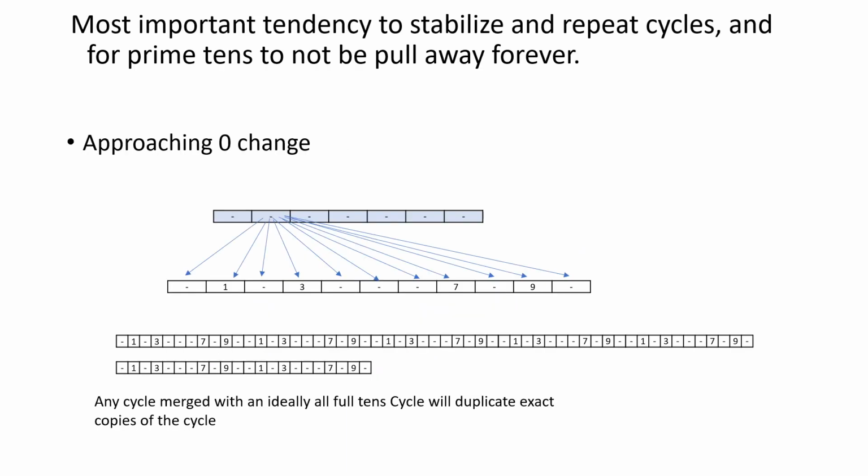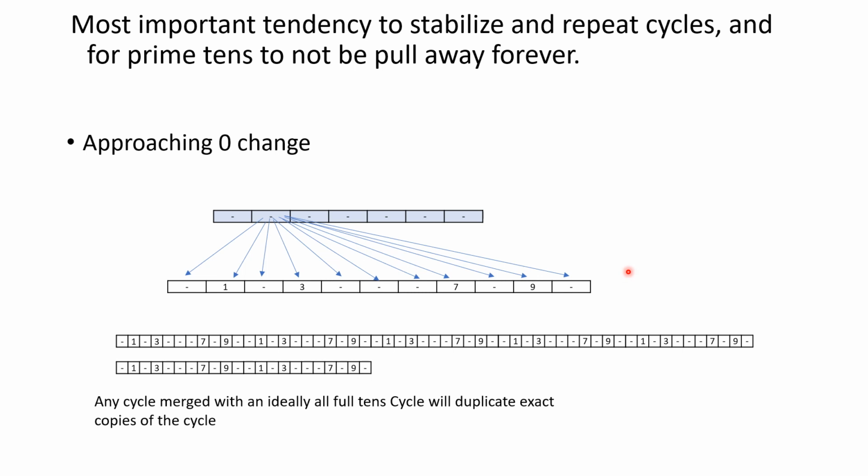The most important tendency is to stabilize and repeat cycles, and for prime tens to not be pulled away forever, approaching zero change. Imagine you have an ideal prime with no numbers. That's not possible, but imagine. And it combines with another cycle. For example, a cycle of a prime, like this one, or any other cycle, the cycle of 3 and 7,